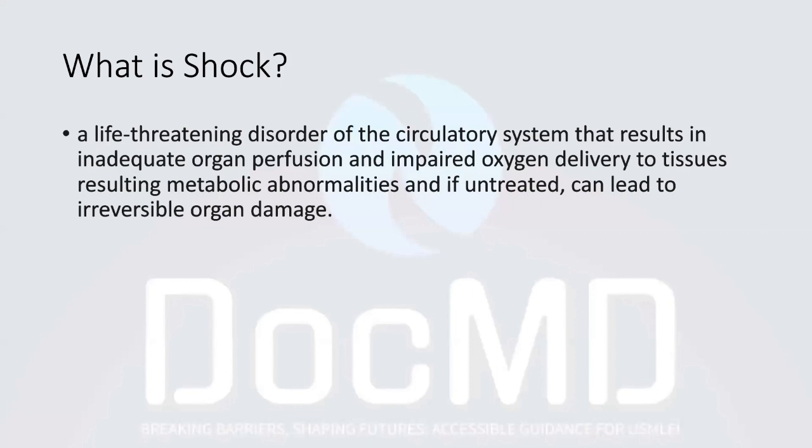I haven't written this on the slides, but they're basically this. Maybe this was tested more in Step 1, not very high yield for Step 2. But there are three stages of shock, which are basically pre-shock, shock, and then end organ dysfunction. So what happens in pre-shock is that you start getting some tachycardia, you get hypotension, and you start getting oliguric